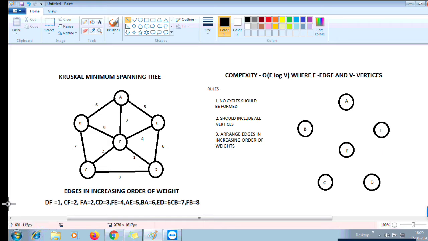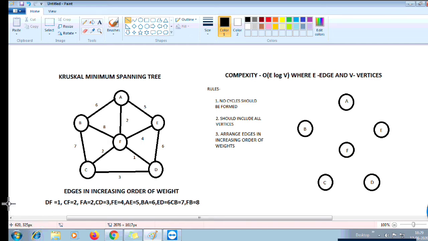For Kruskal minimum spanning tree, we have to make sure that these three rules are applied. First, no cycle should be formed. We have this given graph, a tree-like structure, and these numbers against the edges are known as weights.